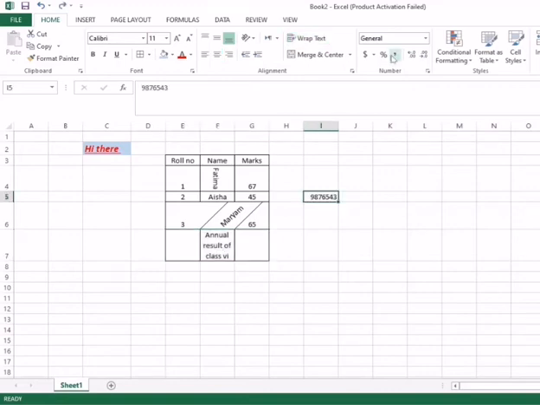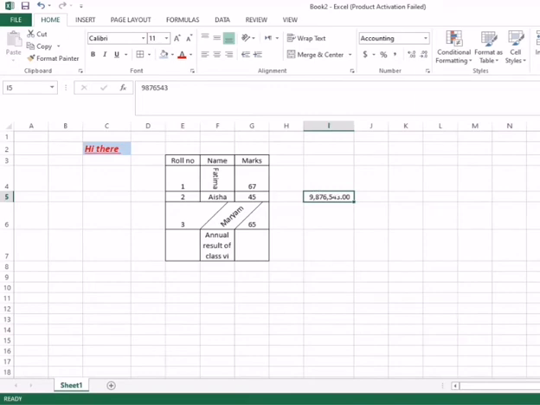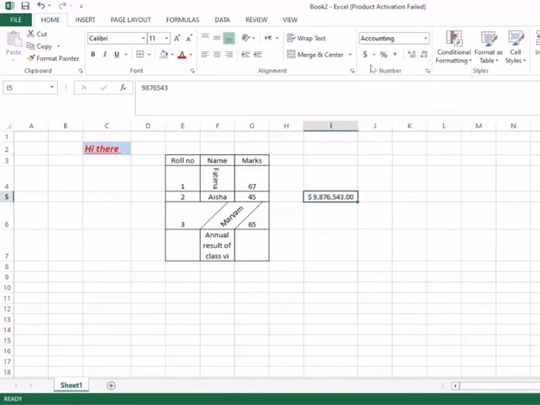Next thing is about number formatting. For example, I write some numbers here. You can see again in the Home tab, this is the Number group. I want to insert a comma here, so click here. You can see the number style will be changed. If I want a dollar sign, you can see the dollar sign will appear here. Percentage will appear, and the decimal point will be finished.